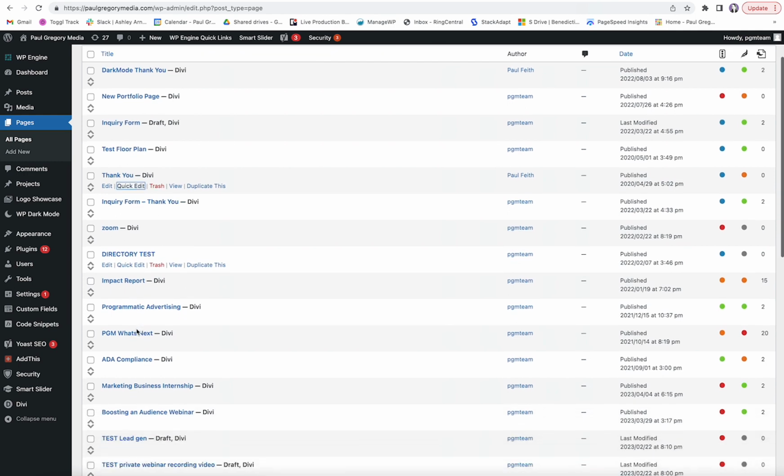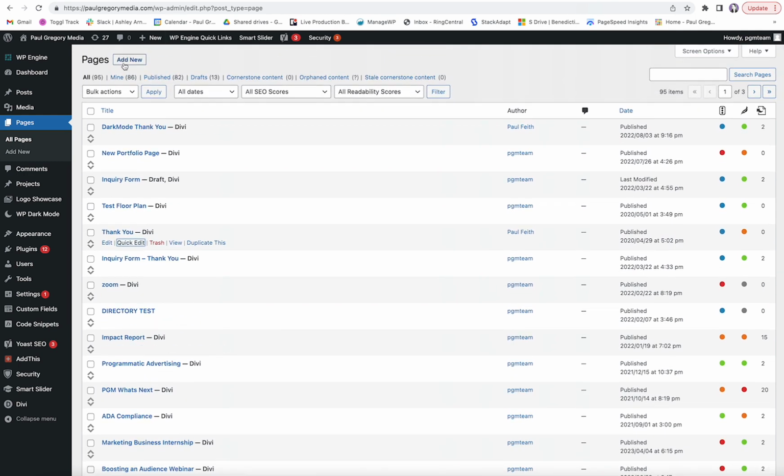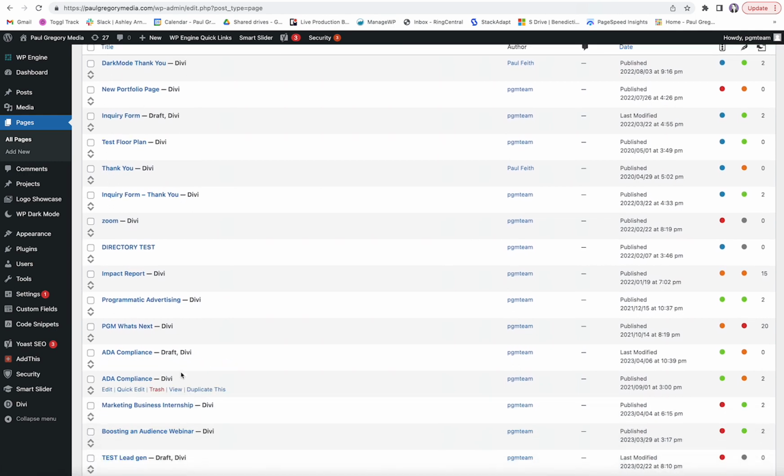So if we wanted to add a new page, again, you could always do an add new up at the top. But if you wanted to create a page that had a similar overall layout, I would recommend just taking a page that is already created that has that similar layout you're looking for and go ahead and duplicate that. So we'll go ahead and duplicate our ADA compliance page. And you'll see right here again the drafted version, the new clone of that shows up with the word draft